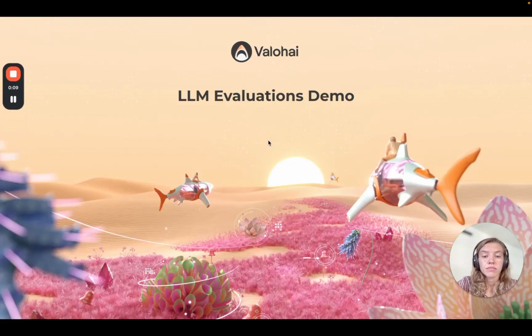And the main reason for us to have this tool is to help teams evaluate LLM models. Because, okay, it's pretty straightforward how you run the inference and how you gather metrics, but when it comes to the evaluation and choosing the best model that performs well for your task, it is not the easiest job. So today I will show you the example that we built,